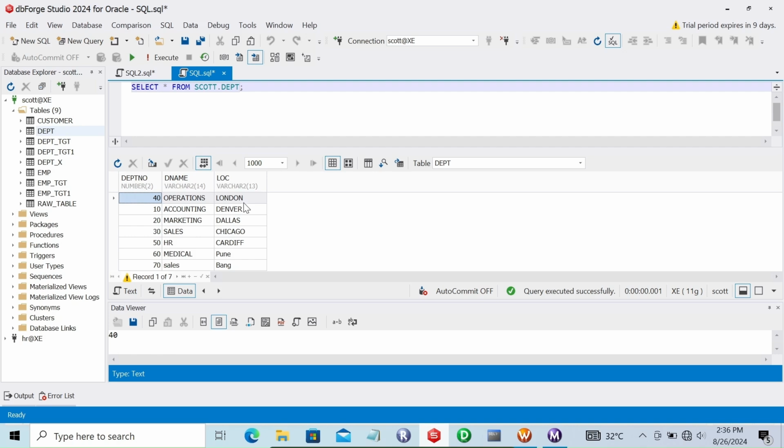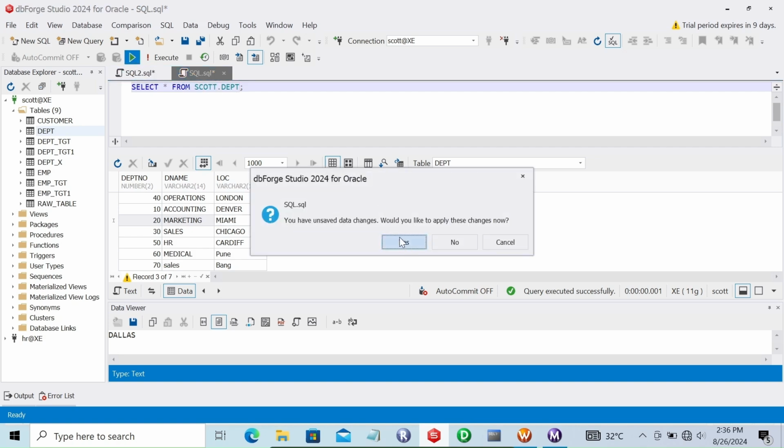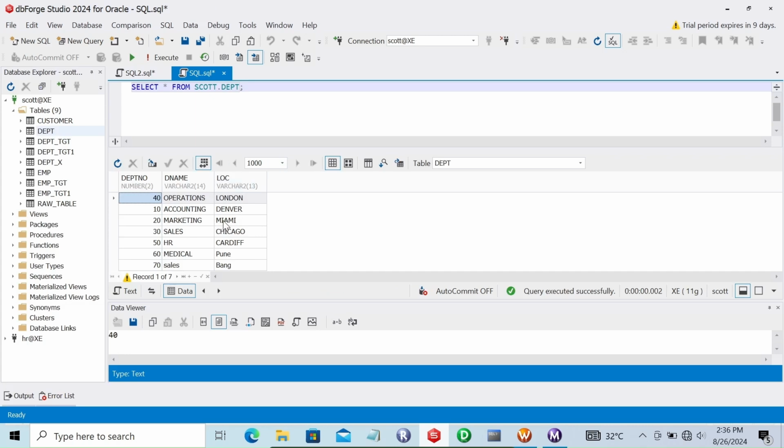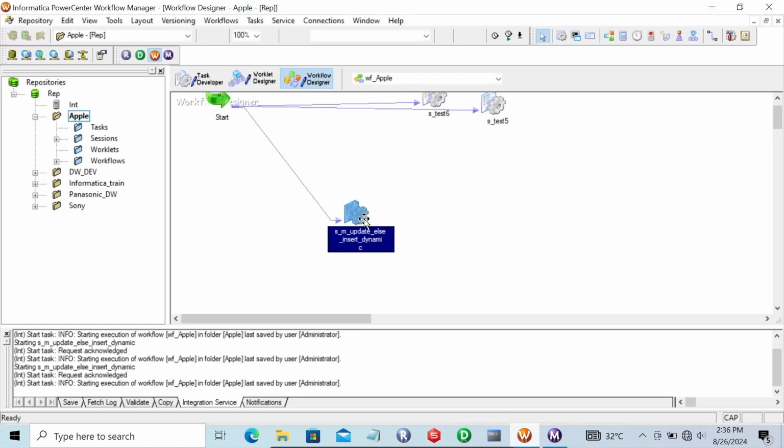Let's change the city. Here giving the city Miami. So there I have done one insert and one update. Here you can see the city that's changed, and one insert and one update that I have done in this table. So now let's go there on this session,